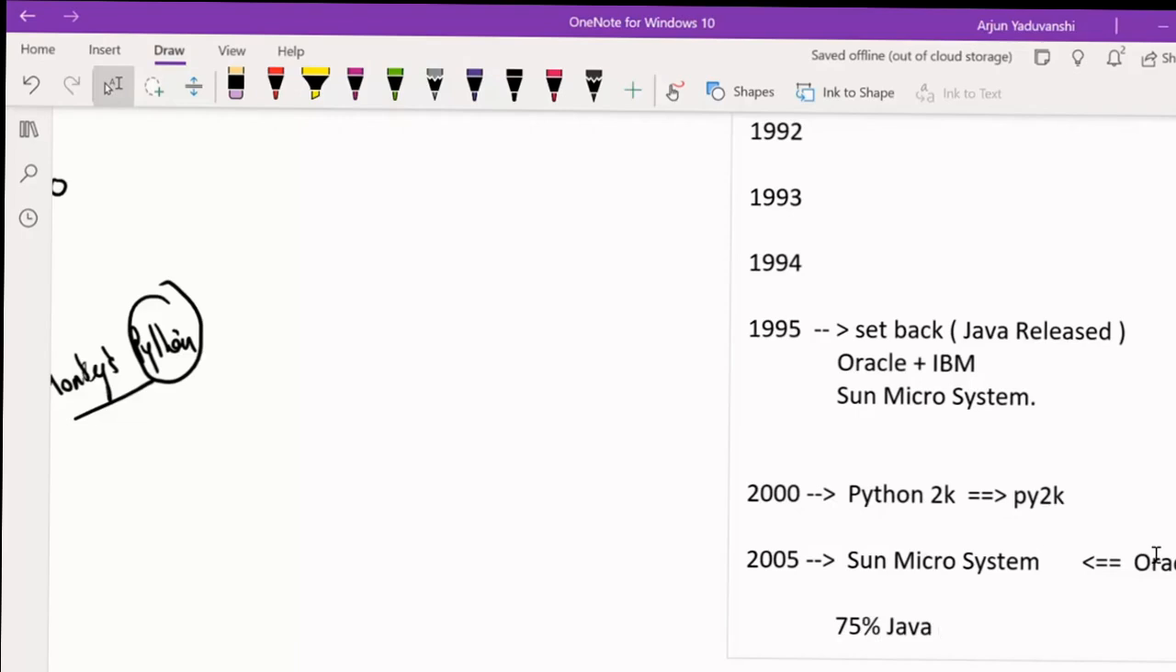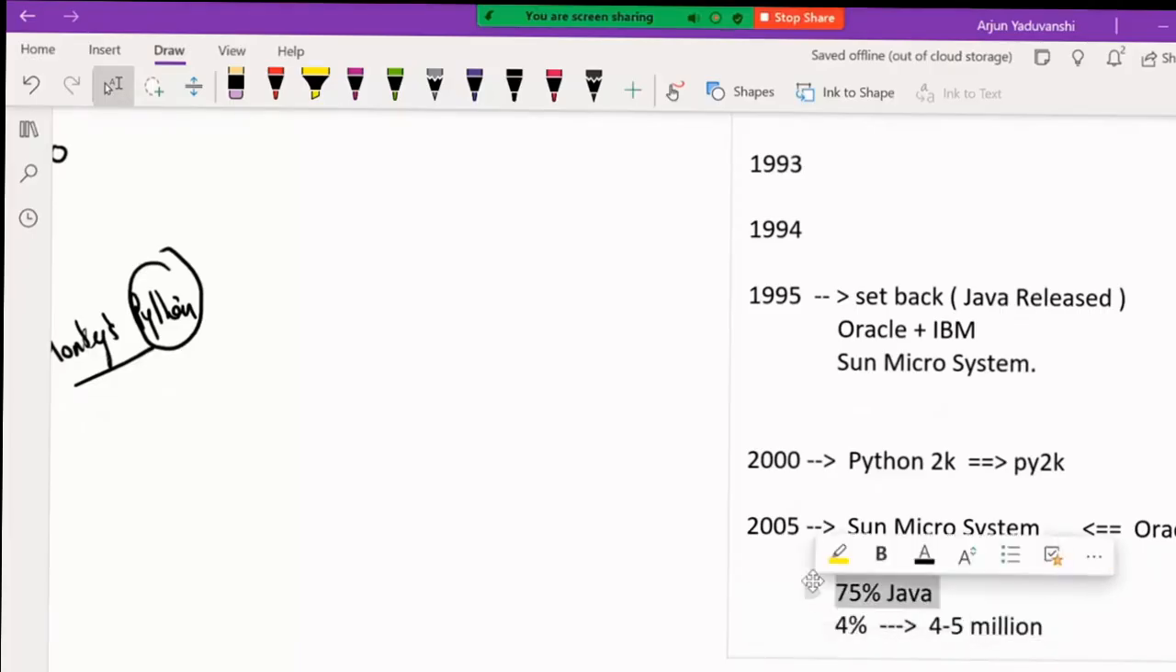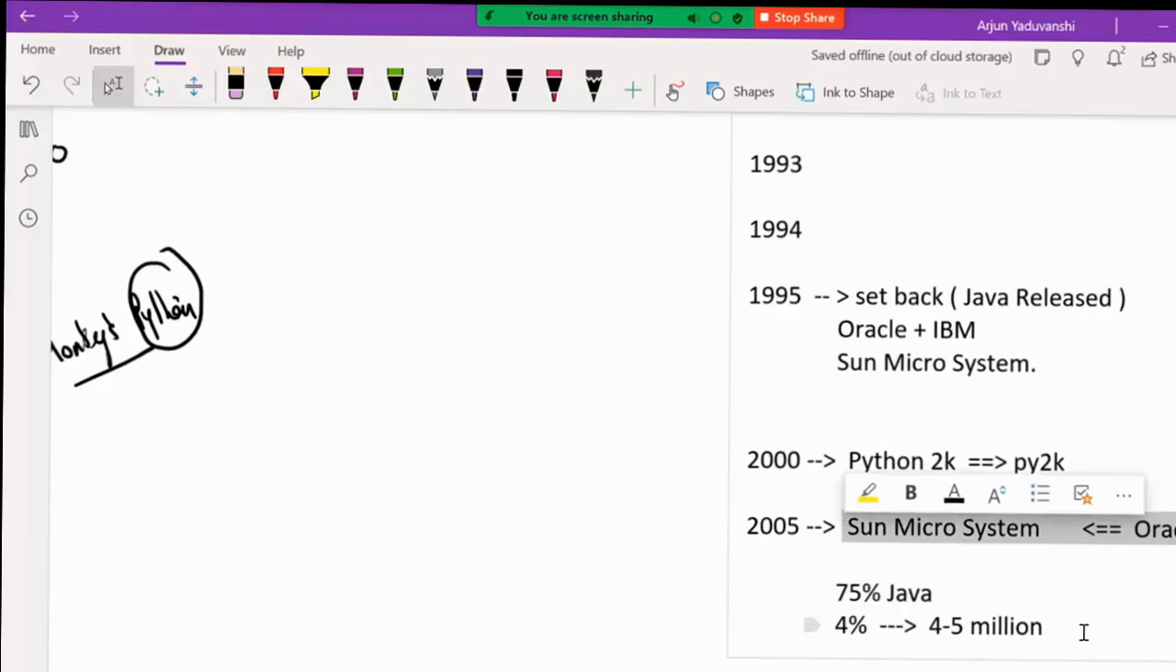75%. And what about Python? Python had 4 to 5%. Now 4 to 5% is around 4 to 5 million applications, which is 50 lakhs applications. Just imagine, 4% is 4 to 5 million, then 75% means billions of applications were running on Java, and most of them were still being developed. But this was a triggering point for the major IT giants like Google